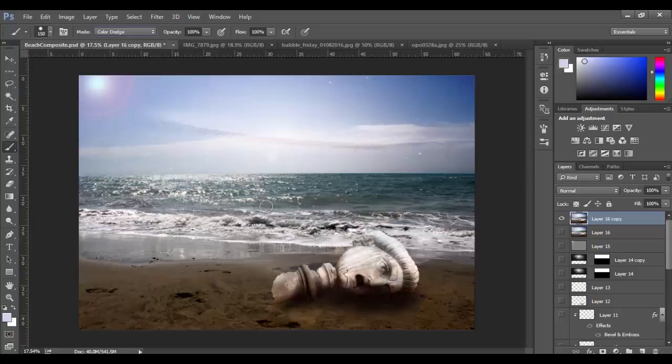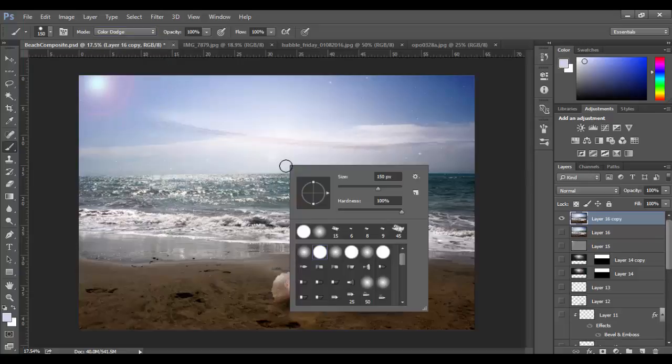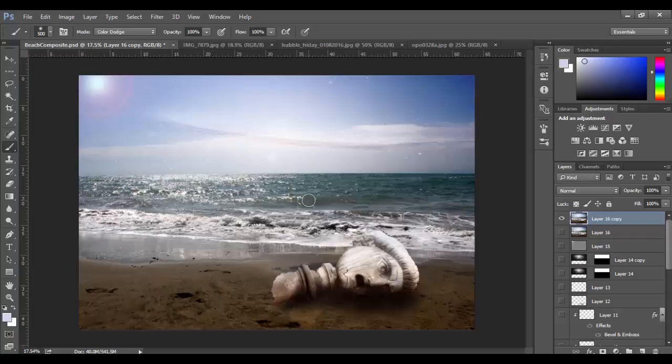So let's switch to color dodge first, and what we're going to do is right click, choose the soft fuzzy brush. We want to increase the size using the bracket keys and drop the opacity really low, maybe 20%. So I type the 2 key, and I'm going to hold Alt or Option and choose some sky in here. And as I paint, what will happen is we'll get this sort of extra bloom effect on here. Now I'm going to undo a couple times. Maybe I'm going to hit 1, so I only have 10% of this because this is